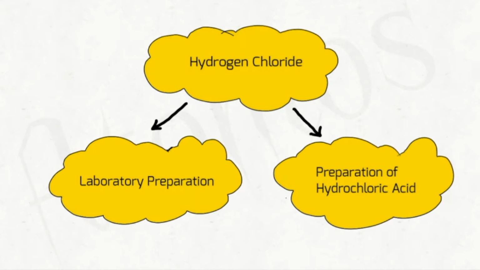In this video, we are going to learn how we can prepare hydrochloric acid from hydrogen chloride gas. It's very simple because hydrogen chloride gas is highly soluble in water. If we pass hydrogen chloride gas through water, we will get hydrochloric acid. But for that, a special experimental setup is required. So let's see what that is, and at the end of this video we will be discussing the board questions related to this method.